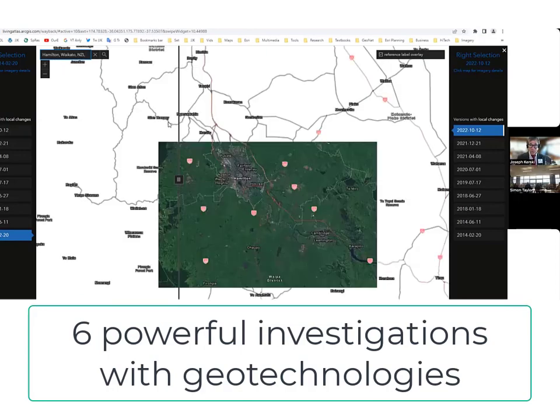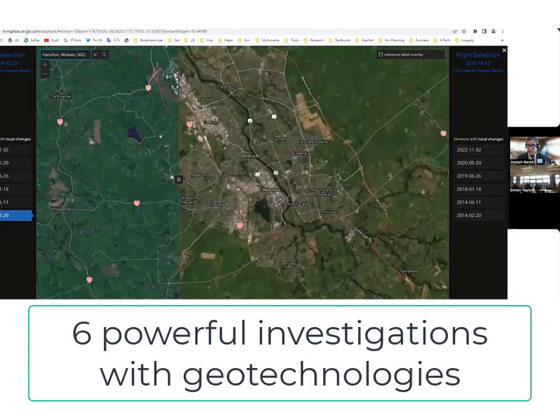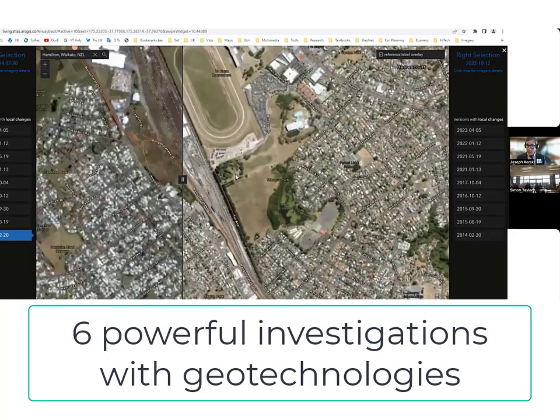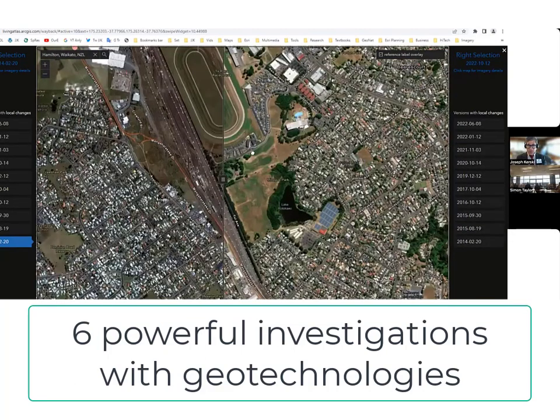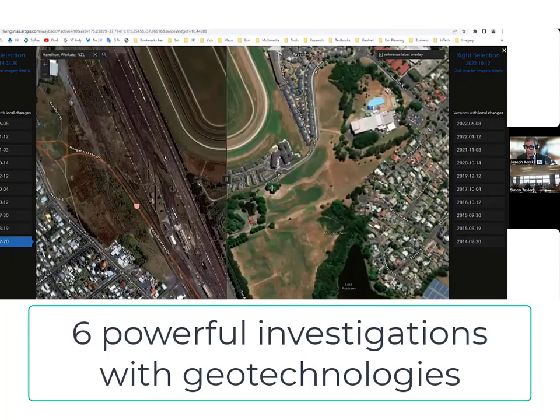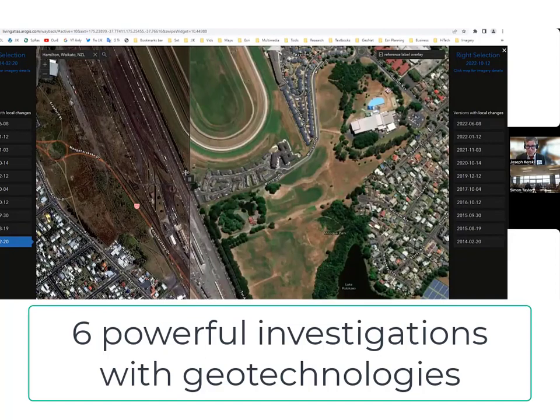Okay, so with the same tool, I'm going to go to your part of the world, and I'm going to look really tight here at a certain part of the city. Right now I can see just to the southeast of this race course, look, there's a whole development there now, whereas in 2014, it was a field. Interesting. Okay, so I can see changes at the local to global level with one tool. You've got literally terabytes of satellite imagery at your fingertips. I wish I could get excited about this.